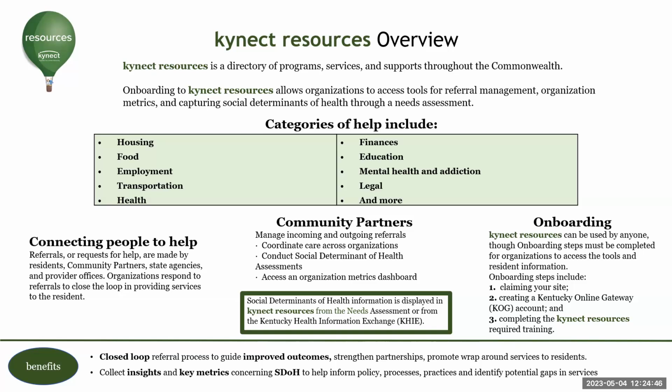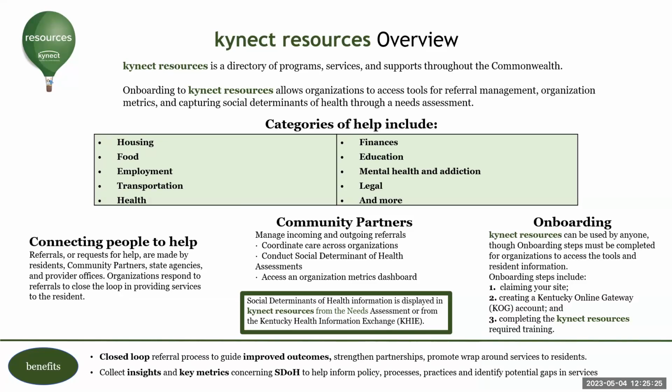And then, of course, there is an assessment that helps populate some of those social determinants of health that we've talked about today. As far as the categories that are available, here are some main categories listed here. Housing, food, those are pretty common. But within each of those, there's so many opportunities for enrichment programs or support groups. And so certainly just a wide variety that has been built into this database. And the reason we built this was we wanted to be able to connect people to help pretty quickly. We wanted to provide some sort of a platform where community organizations could work together and coordinate with other organizations, as I've heard mentioned earlier. And it allows a platform to do that. And then, of course, those metrics I mentioned.